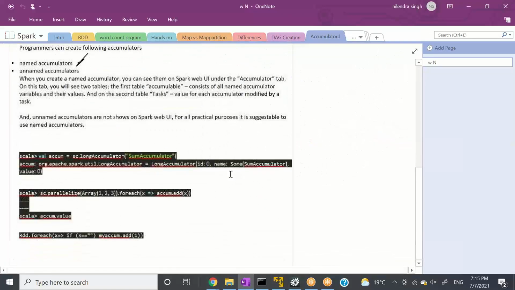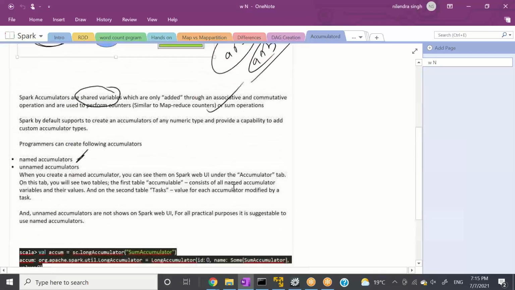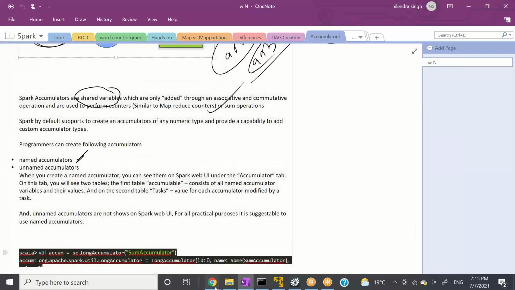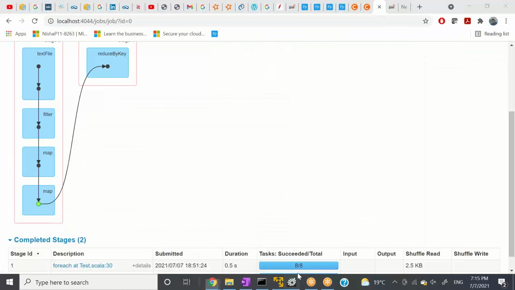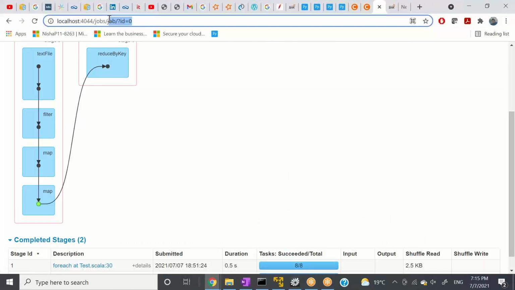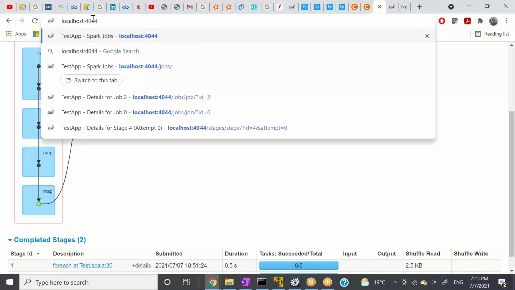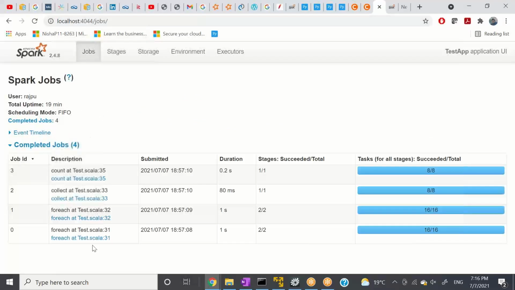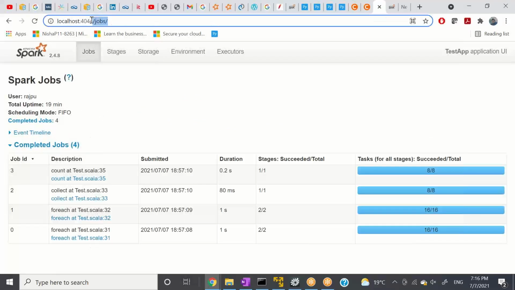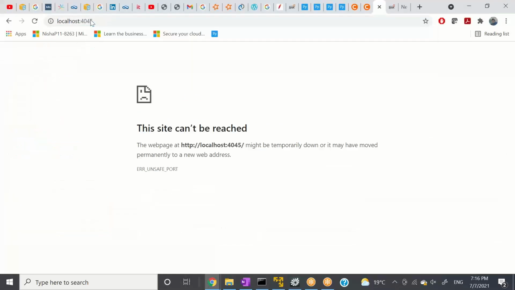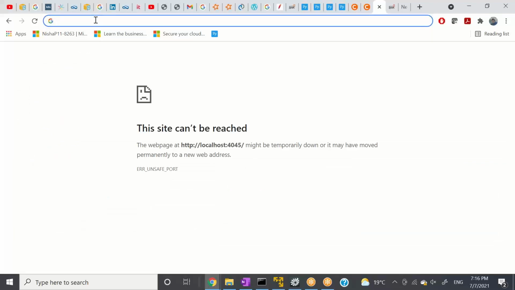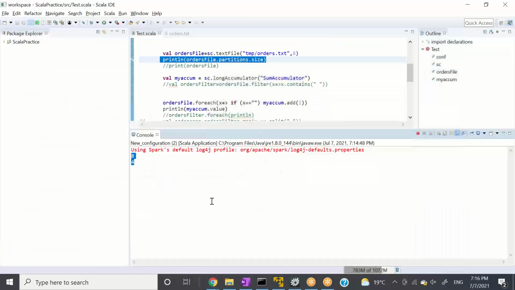The other shared variable is... okay, this is called a named accumulator. Let me show you one more thing, right? So let's see where it has created a job for us. No, I think it should be 5 then. No. Let me see quickly.